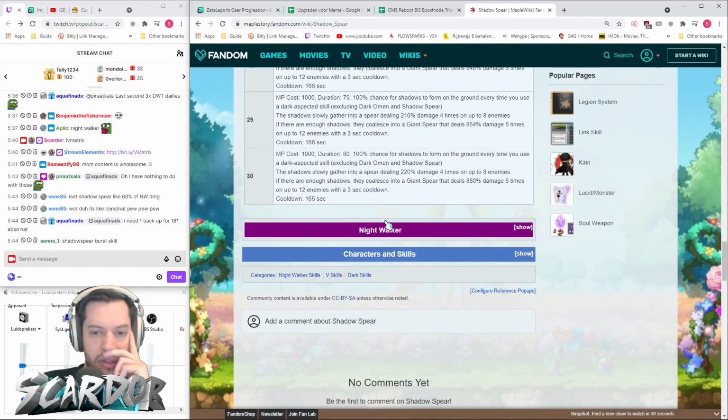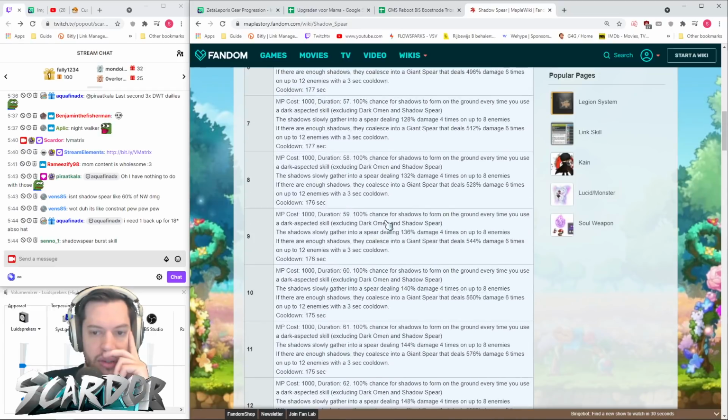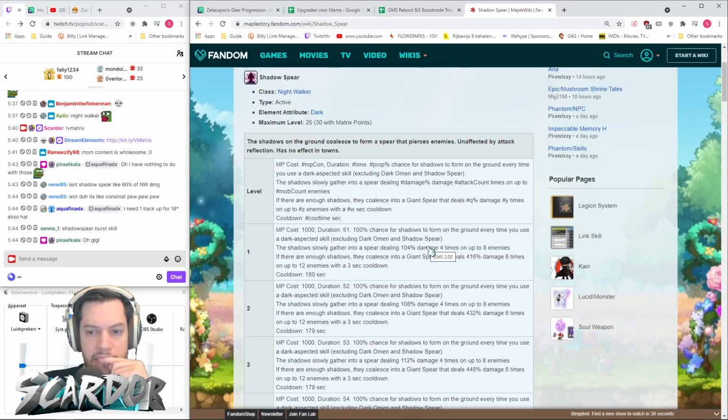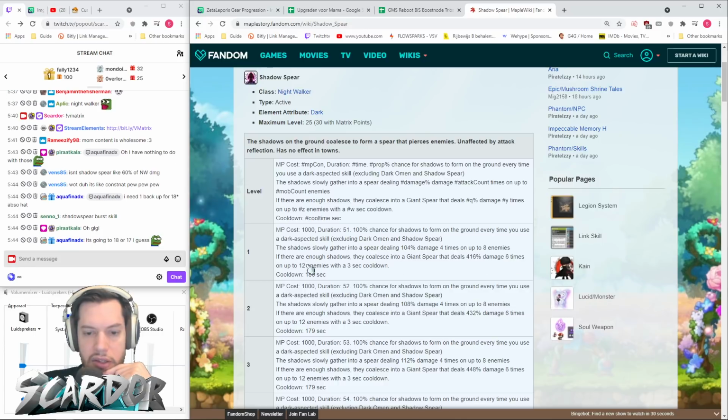It's definitely a burst skill. But it says 100% chance at level 1, maybe I'm confused. 100% chance to form shadows on the ground every time you use a dark aspected skill. Shadows slowly gather into a spear, dealing 104% damage 4 times on up to 8 enemies. If there are enough shadows, they coalesce into a giant spear that deals 416% damage 6 times on 12 enemies